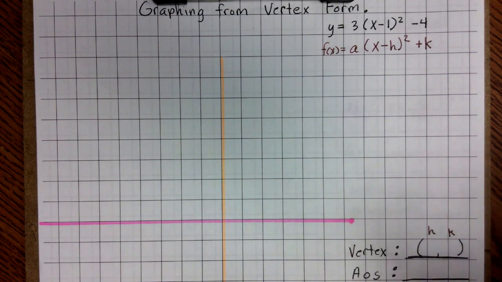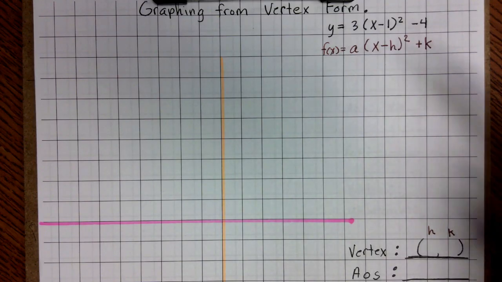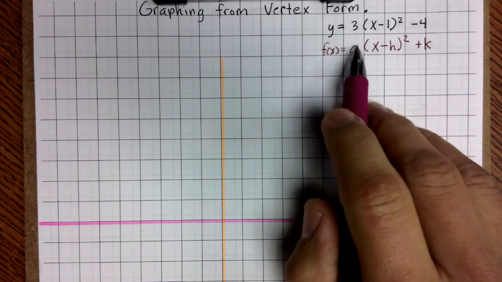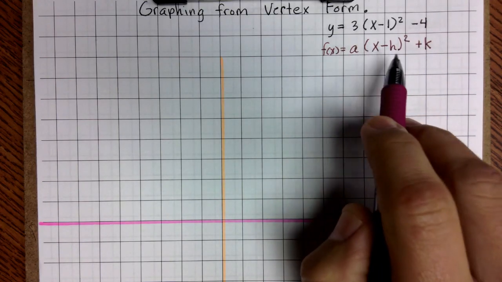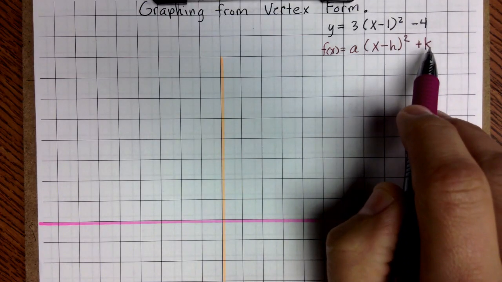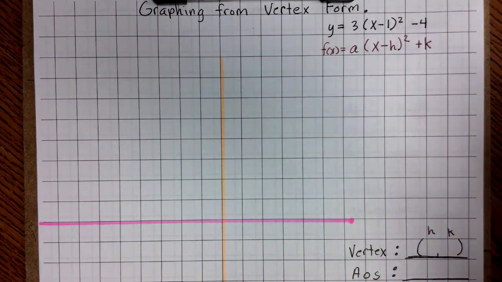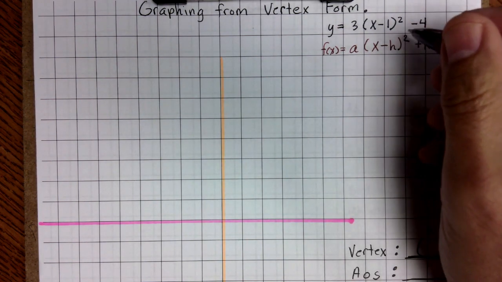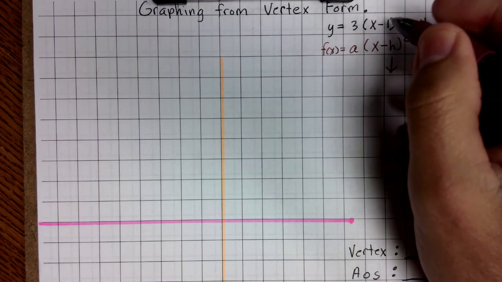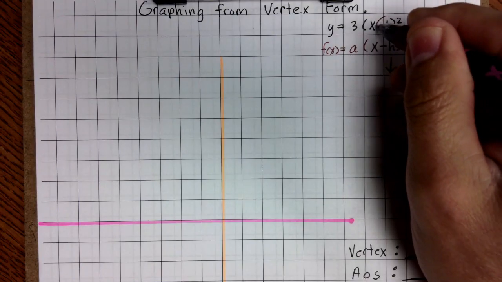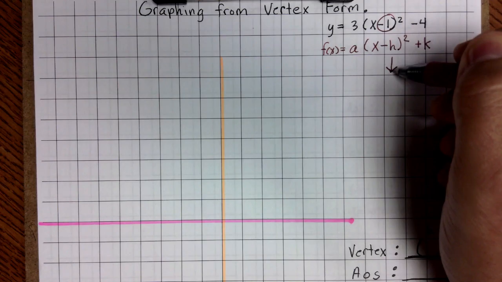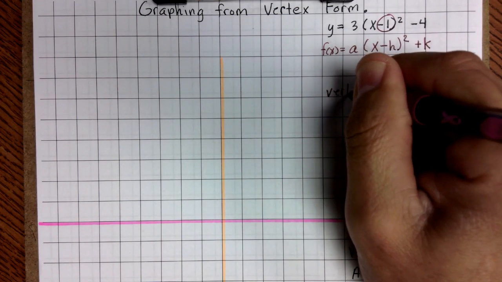Now there are some things that you have to remember when you get that h and k value from the formula. So notice I wrote this underneath there so it matches up. Notice that my a value in vertex form is 3. My h value is this 1 right here, and k lines up with this -4. Now do keep in mind, and this is when you pull the h value, in this case, notice my h value right here, I have -1. When you pull that value down to use in your ordered pair for your vertex, so I'm going to write vertex right here,